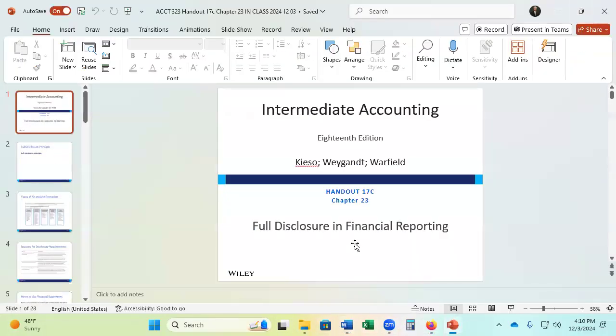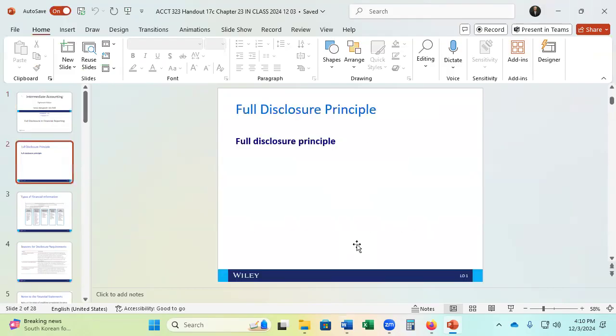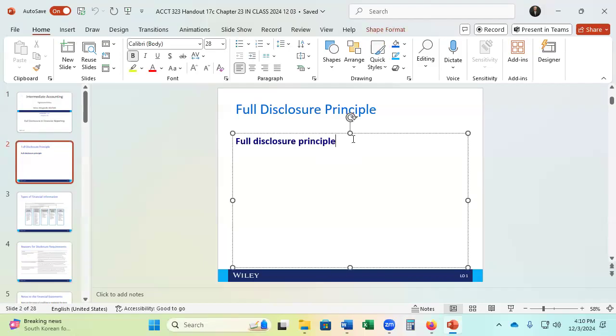What I want to go to next is the PowerPoint. So it says Handout 17C. You guys should have two to a page. Once we're there, everybody there? Sweet. All right. So intermediate accounting, full disclosure principle. So we just talked about that. If it's going to let me edit it. And this is